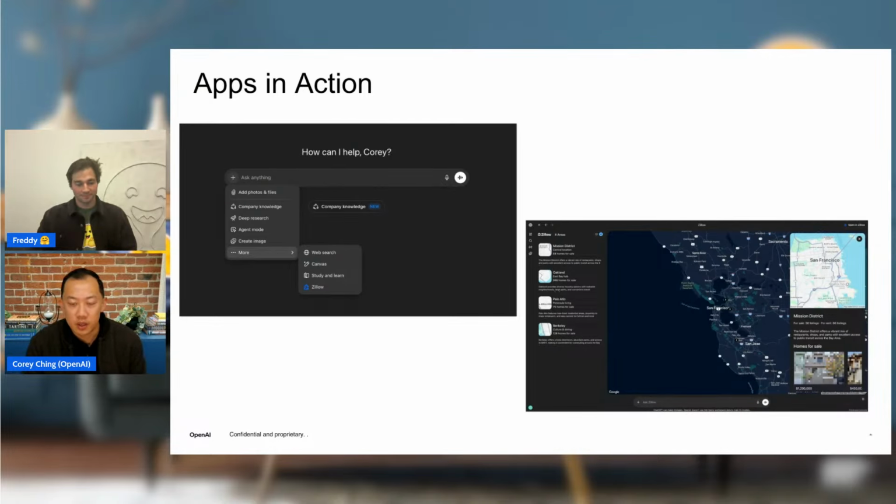After you build your application, for development purposes you would activate it in developer mode, and you can sideload it. Once you go to chat, you can hit the plus button and you can see your app. In this case, the example I'm showing is Zillow, and it's utilizing full screen mode, which is really interesting to create a more enriched experience, with more information, and to let users do something very interactive.